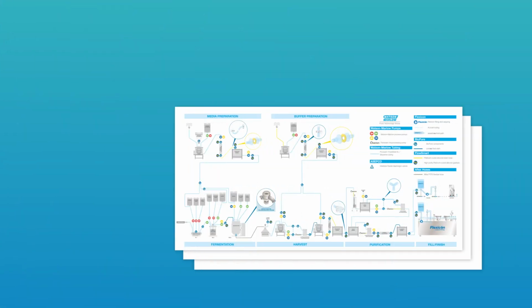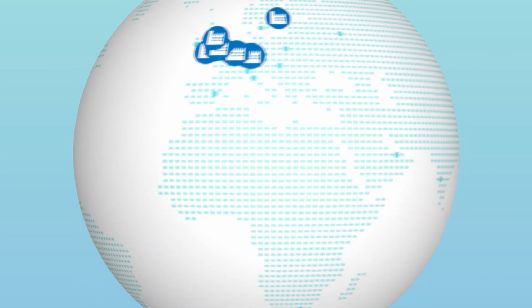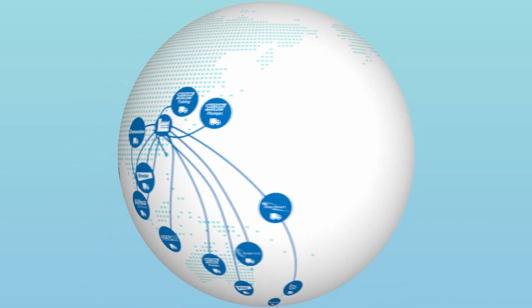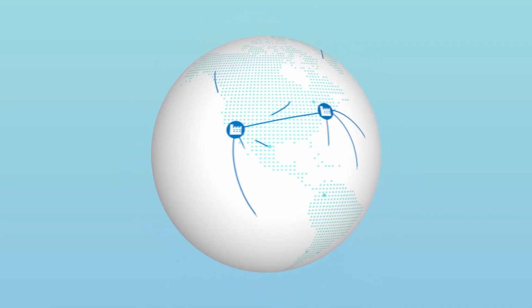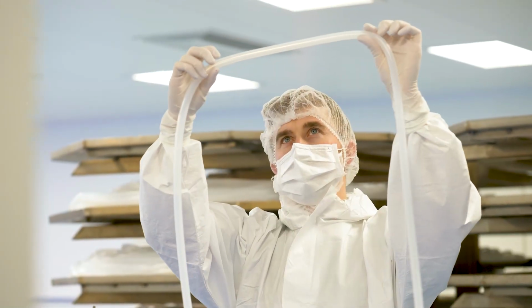Our dedication to helping customers validate their process to the stringent demands of the industry helps major biopharmaceutical companies get their products to market quicker. Today, we're continuing to strengthen our regulatory and supply chain process to help safeguard supply. Through our strategy, we will further strengthen and protect the continuity of supply and ensure we maintain the quality we